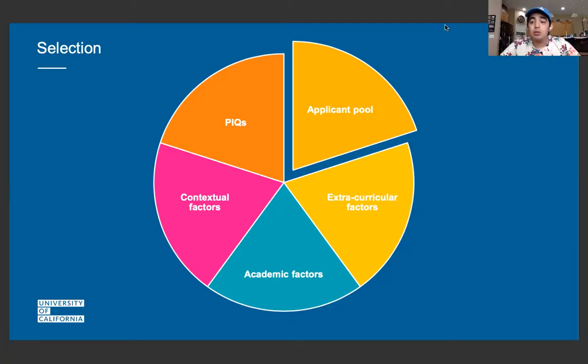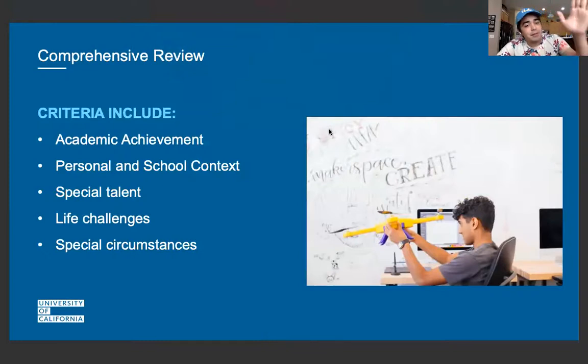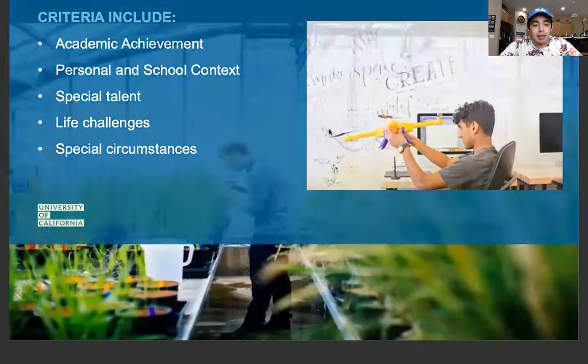They're going to look at you per school, okay? They're going to look at your school, and the rigor of your school, and see if you lived up to that rigor. If your school doesn't have many AP classes, but you took as much as you can, that is a big thing. But if your school has a wide selection of AP classes and you didn't take too many, that might be something they're going to consider during the application, okay? Comprehensive review, like I was just saying, they look at all of these things, special circumstances, everything that makes you look like a holistic applicant.